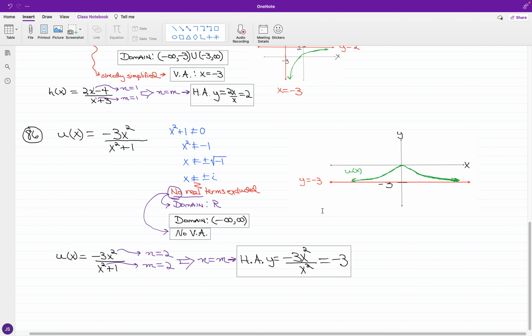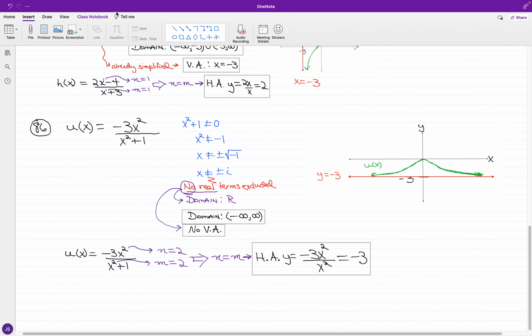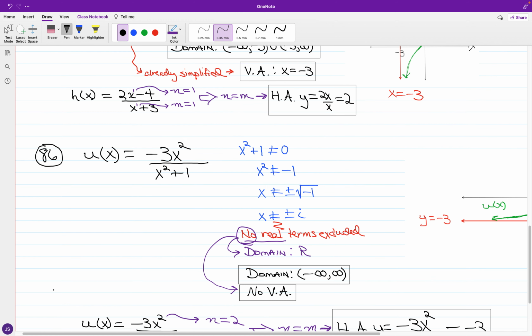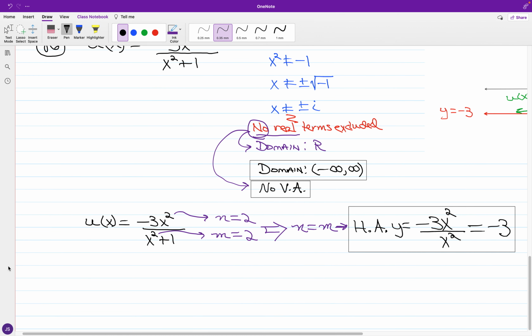All right. And so this is, I think, our first case where we have an asymptote, but no vertical asymptote in the mix. Now, for the case of number 90, this time we have, going back to f of x,